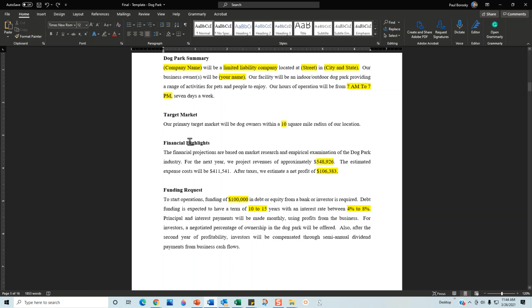We do have some financial projections at the end of the business plan. We'll be going through them in just a little bit. These are the highlights. You can keep those financial projections if you want. The way that I documented those financial projections is I did a little bit of research, not much, but again,